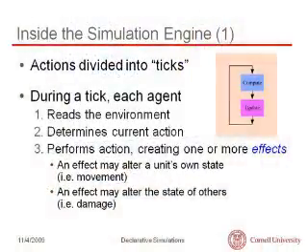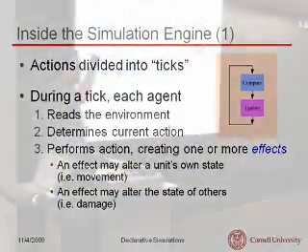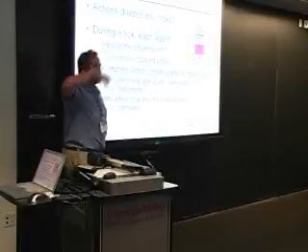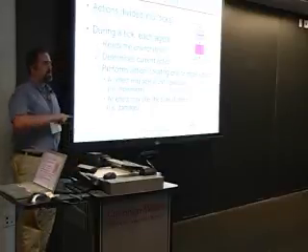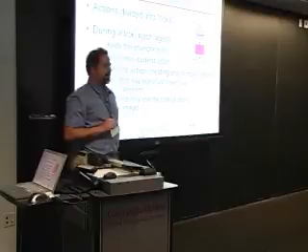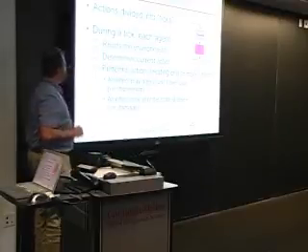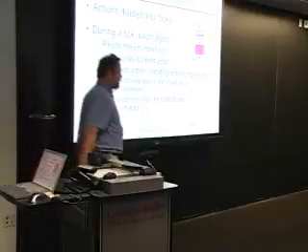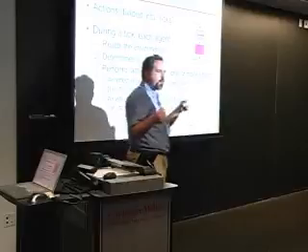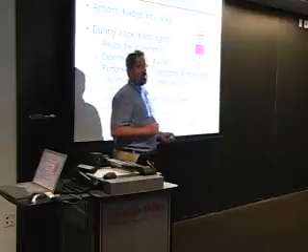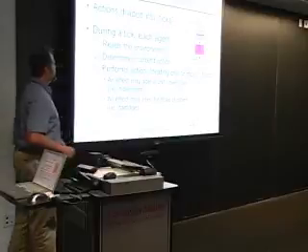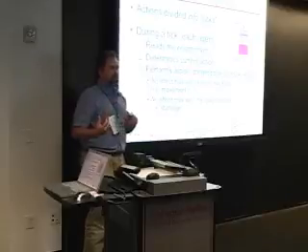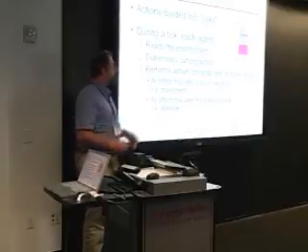The idea is that what's going on in this simulation engine, in some way you can think of as animation. I'm running this one big loop over and over again, and I'm going to call one go-through of the loop a tick of my simulation. During each tick, every single agent reads the environment. I'm a car in a traffic simulation. Am I about to hit somebody? Who's nearby? Am I coming up to an intersection? I look around at my environment and find this information. From this, I determine my current action. Should I slow down, speed up, stop the car? What should I do?